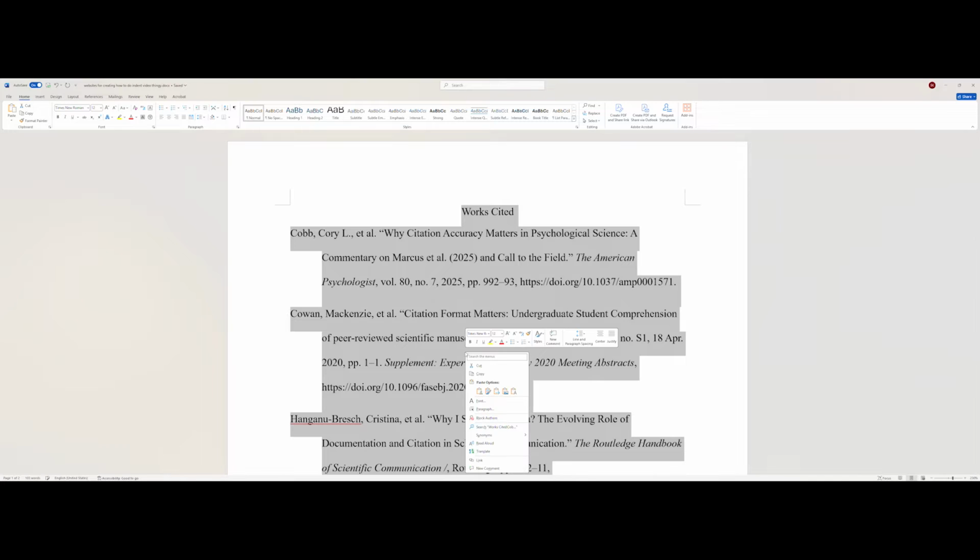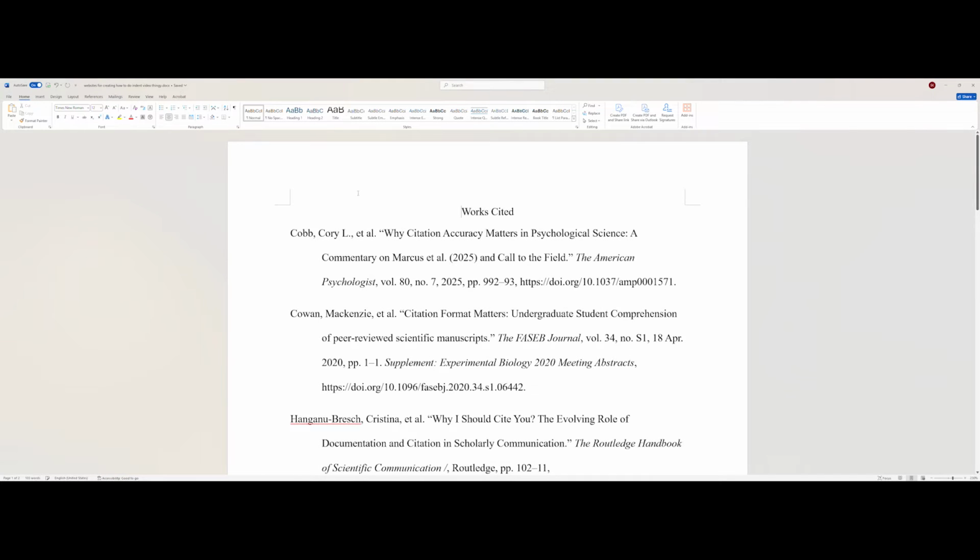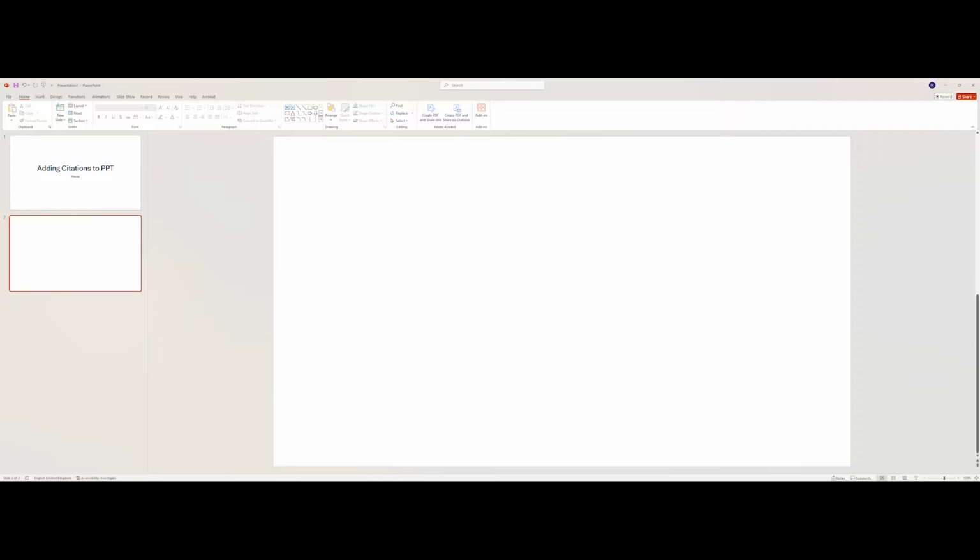left click, scroll, select, right click, copy, or you can do copy up here in the clipboard, or you can do, for selecting, Control A to select everything on the page, and then Control C is the keyboard shortcut to copy. And then when you want to go and paste,